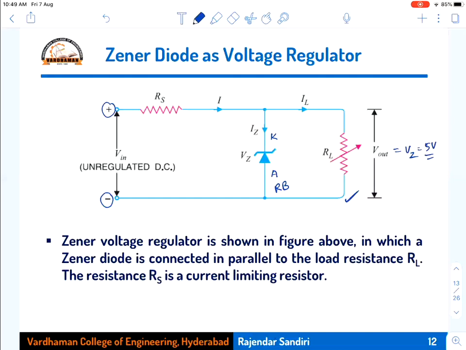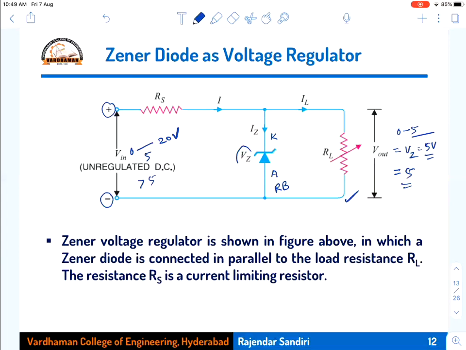Let the input vary from 0 to 20 volts. From 0 to 5 volts it will vary linearly, and the output also will vary from 0 to 5 volts linearly. After that, at 5 volts, it will remain constant. That means if you maintain the input voltage at 5 and above, greater than 5, the output will be equal to 5 only. It will not go beyond 5 volts. Even if your input voltage is 20 volts, the output voltage will be 5 volts only, because the Zener diode breakdown voltage is fixed at Vz. So the output voltage V0 will always be equal to Vz only. That Vz value is fixed at 5 volts, so it will be 5 volts only.